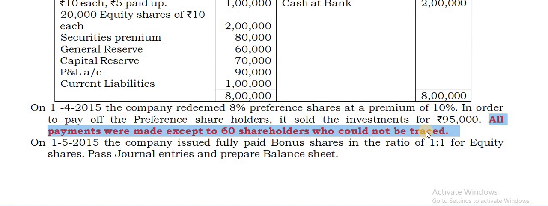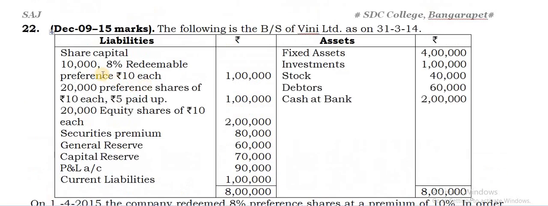One is when you are passing a journal entry. Two places I said. One is to be deducted from the total amount when it is being paid, when you are passing that entry, as redeemable preference shareholders account debit to bank account. So at that time you can deduct 660 rupees. What is that 660 rupees? It is 10 rupees into 60 shares, 600, plus a premium on that of 60 rupees. That is 10% premium.